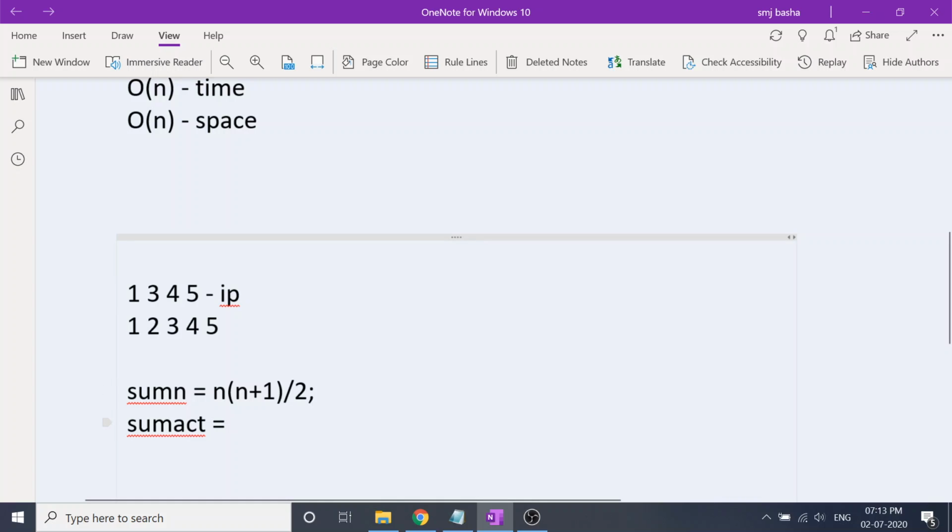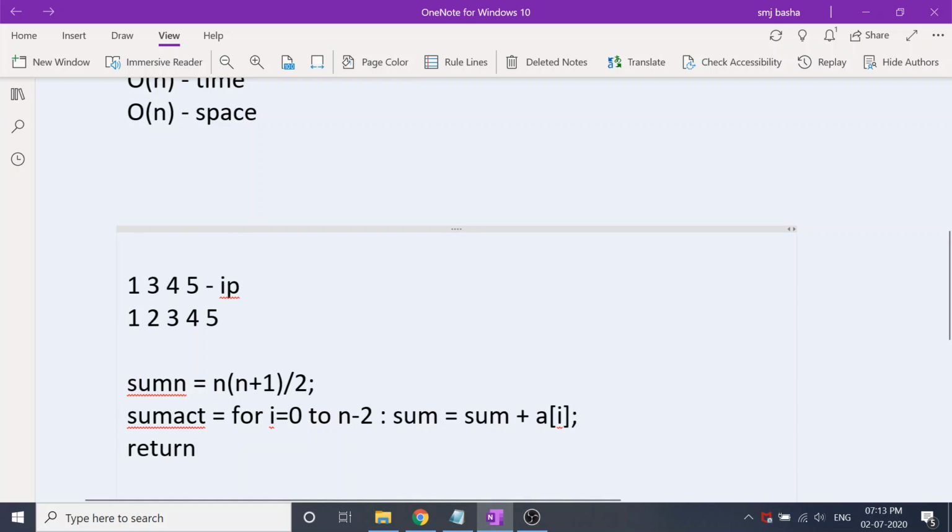So it's like for i from 0 to n minus 2, because n minus 1 elements are present, so indexes range from 0 to n minus 2. Sum is equal to sum plus e of i, right? Now we just have to return sum of n numbers minus sum actual, right?